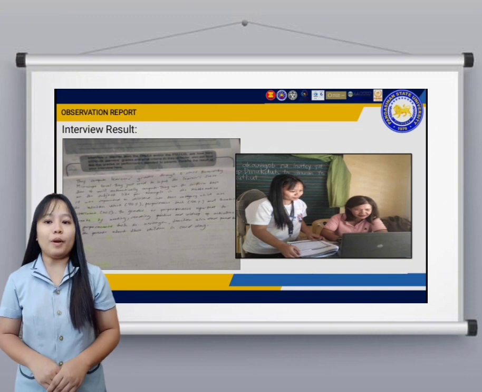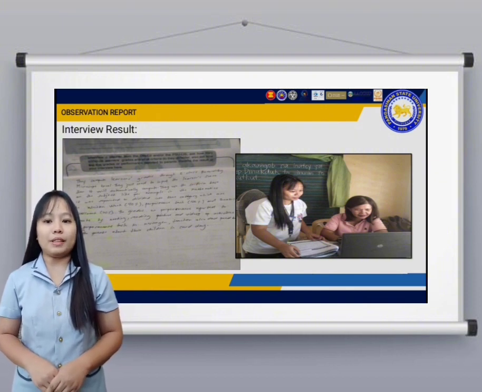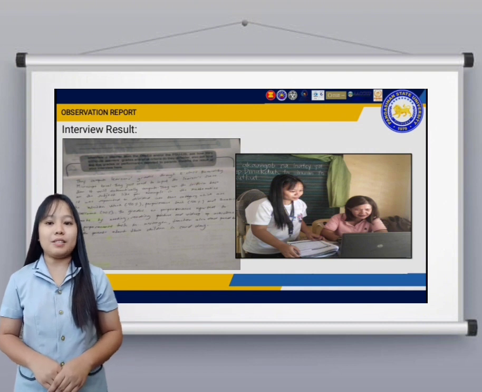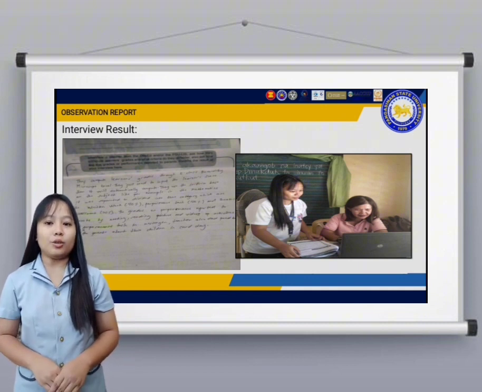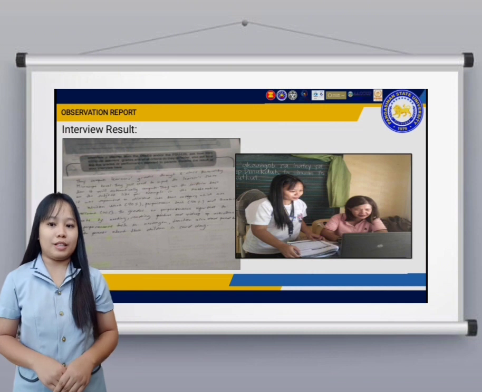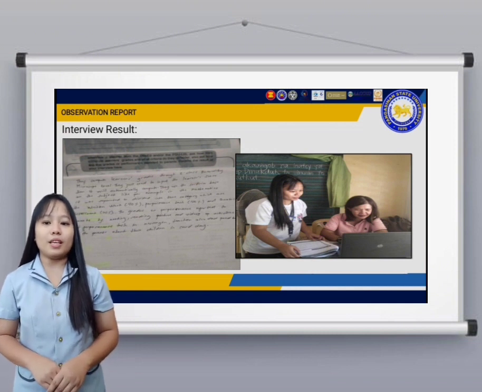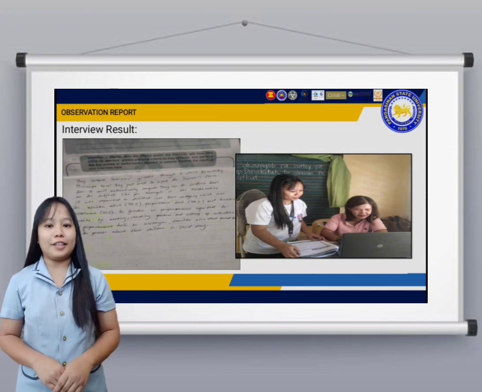The grades or performance are reported to the parents by meeting or sending pictures and videos of activities and performance tasks in the teacher's Messenger together with the parents of the children. And also, they send feedback to the parents about their children on card day.